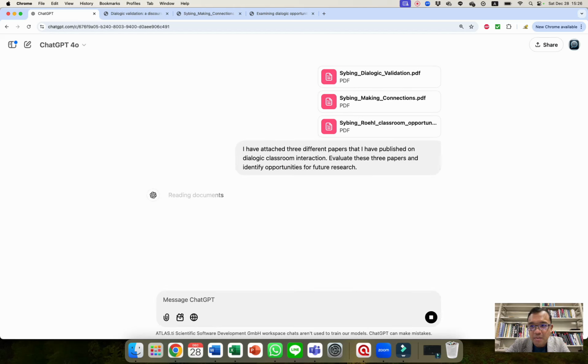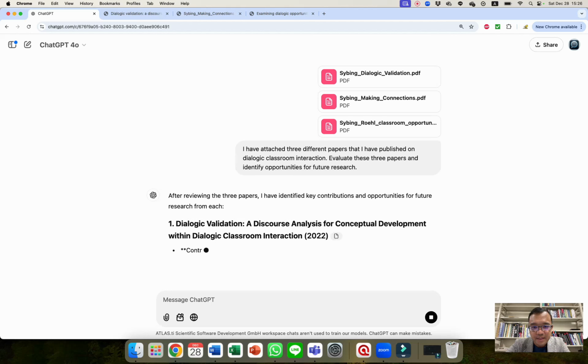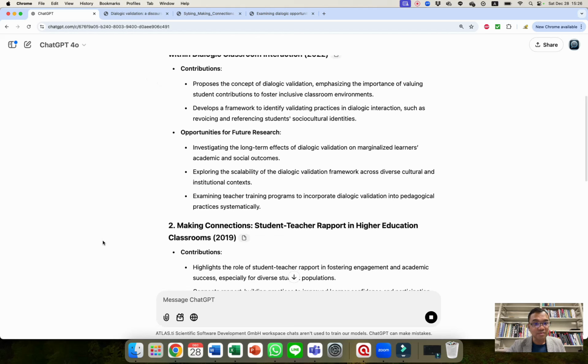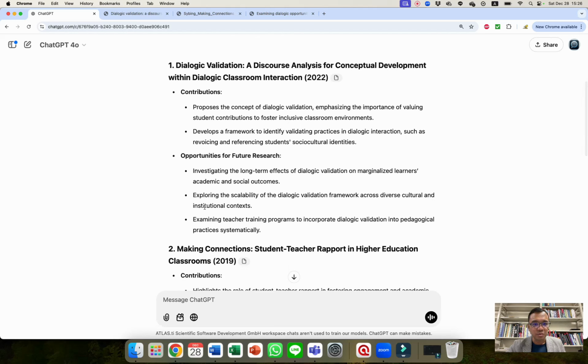We'll take a moment or two. And hopefully it will have read the papers. We'll see what it says. So just looking at the first one, it says dialogic validation. What could a researcher do next, building on the theoretical developments in this paper? For example, investigating the long-term effects of dialogic validation on marginalized learners' academic and social outcomes, exploring the scalability of the dialogic validation framework. It's a little bit abstract for me, but I do like the first one about investigating